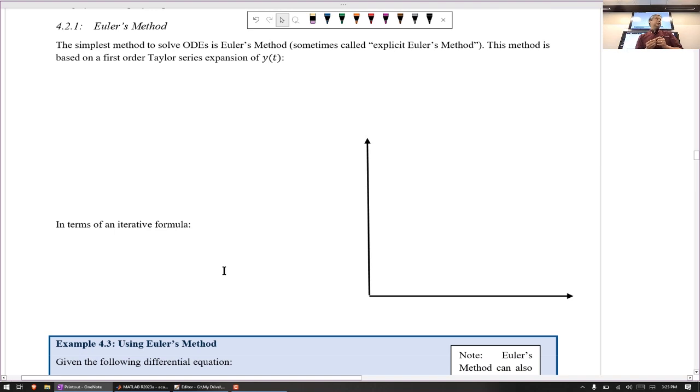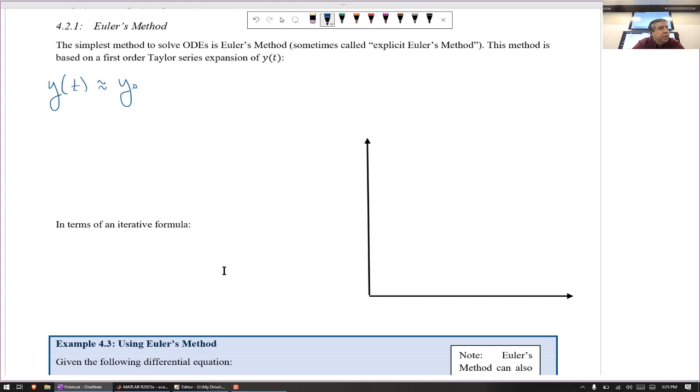So Euler's method is the simplest method to solve our ODEs numerically. Sometimes this method, this Euler's method I'm going to talk about, is called the explicit Euler's method. And this method is based on a first order Taylor series expansion of our variable y. So y, as a function of t, is approximately equal to